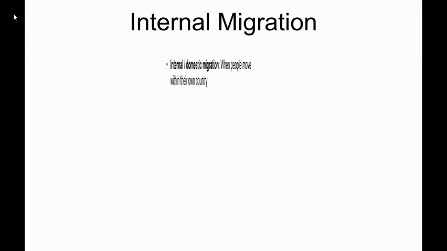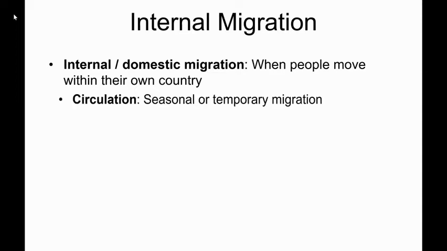All right, next, internal migration. So internal migration can be called internal migration or domestic migration. Domestic means within our country. And remember that quite often, this is what happens the most. I mean, it's pretty extraordinary for people to leave their home country and go to another country. It does happen. But please understand that domestic migration happens all the time, and it happens much more often. So domestic migration is when people move within the borders of their own country.